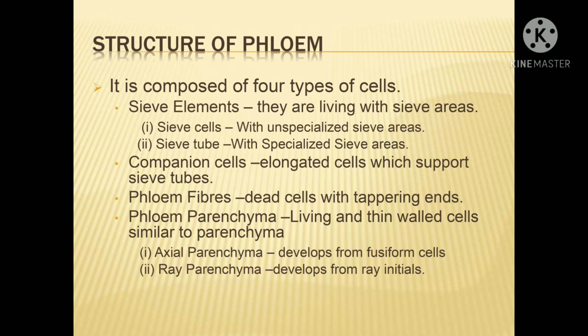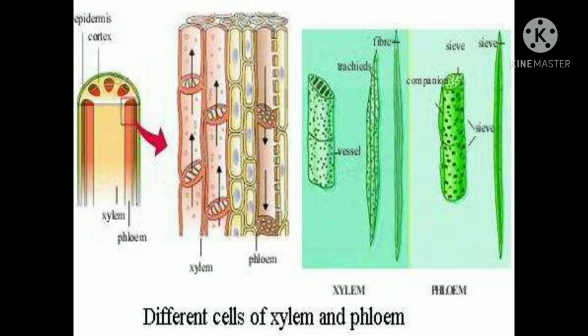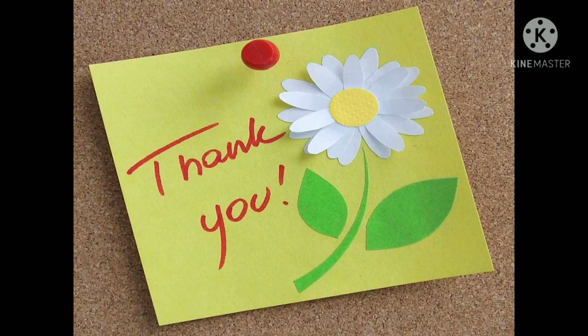So the structure of phloem: they have sieve cells, sieve tubes, phloem fibers and phloem parenchyma. Phloem parenchyma, sieve tubes and sieve cells are living, whereas phloem fibers are dead. You can see the difference in their structures also. Xylem only conducts water and minerals, so most of its cells are dead to allow the water to pass through, whereas phloem is somewhat living and helps in most of the food passage.